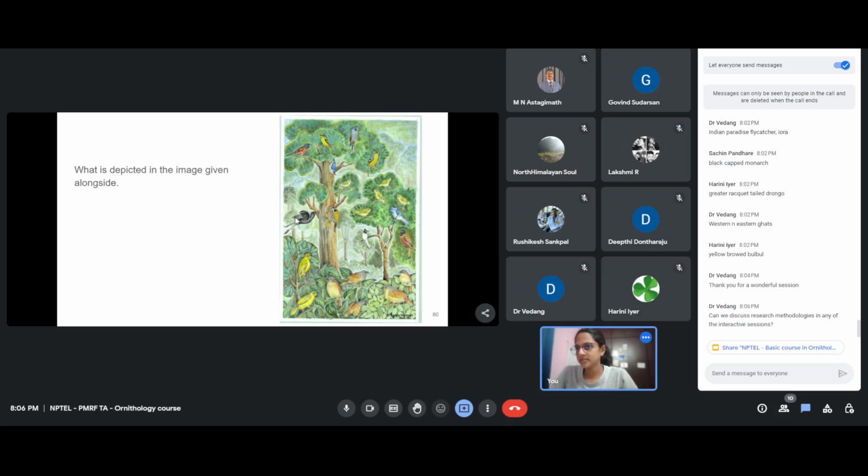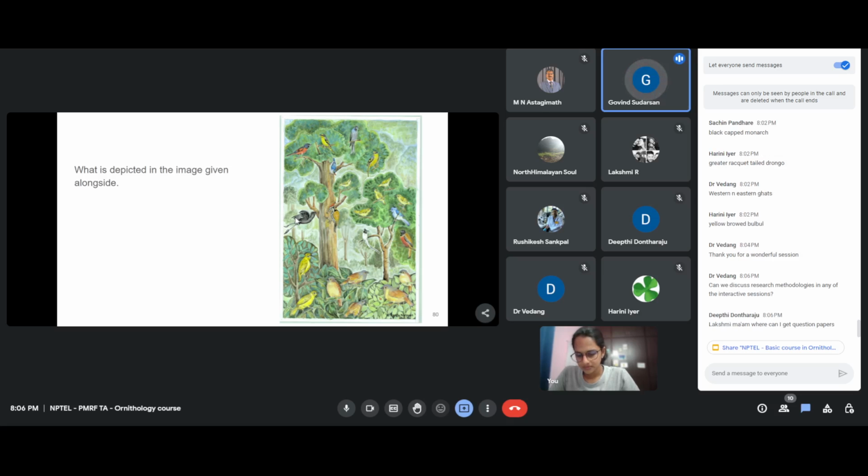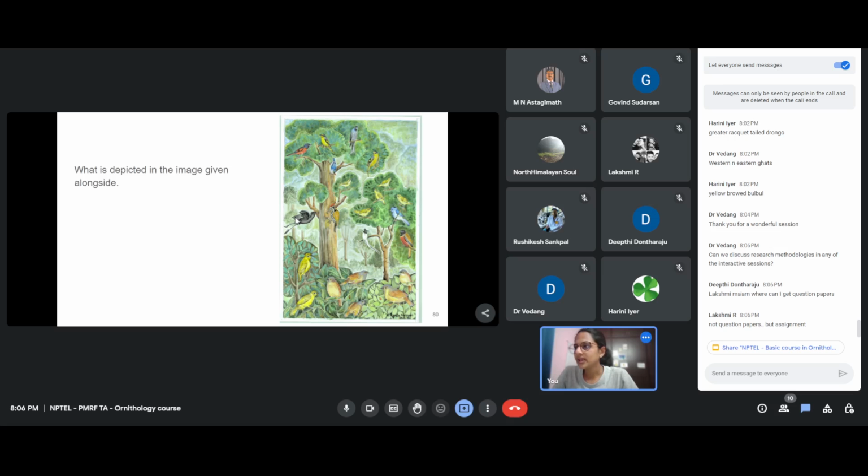Ma'am, if what you're saying was true about mixed species flocks having different niches, then wouldn't food availability as a reason disappear? If they're all hunting different prey, there would be no reason for them to forage together. Oh, that's assisted, right? If a gleaning species or a ground foraging species is walking on the ground, it flushes out insects that fly, and then once the insects are flying, the sallying species get into action and eat those, if that makes sense.